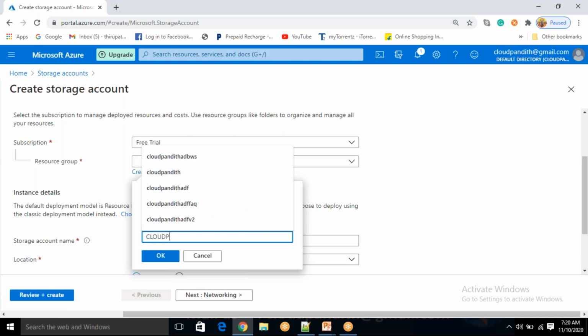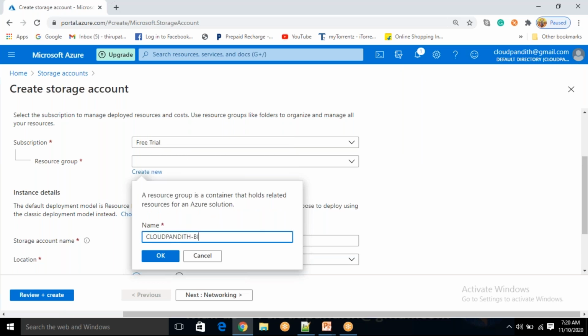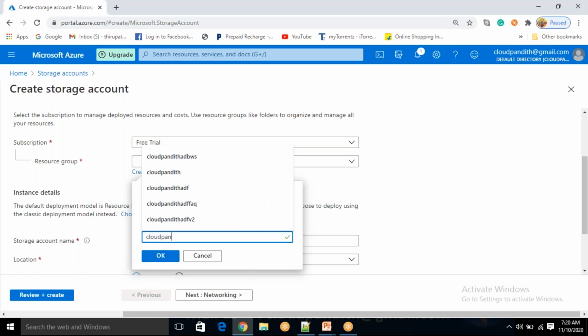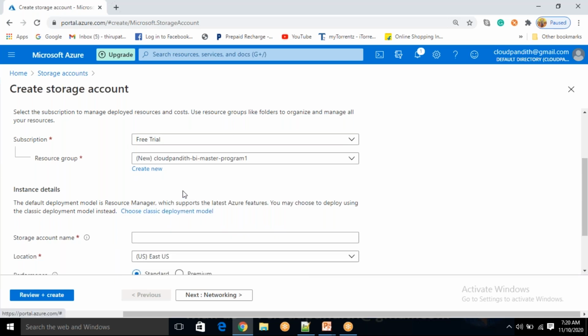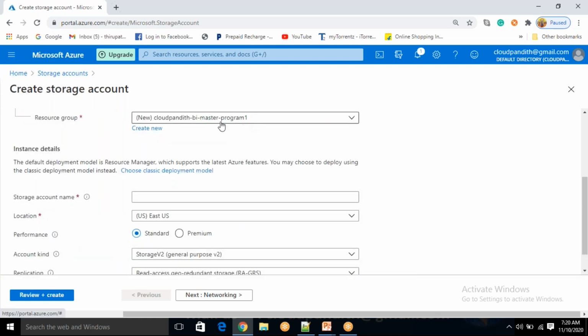You can say here cloud public BA master program 1. Already I have another resource group with the same name, that's why I'm using the extension 1.